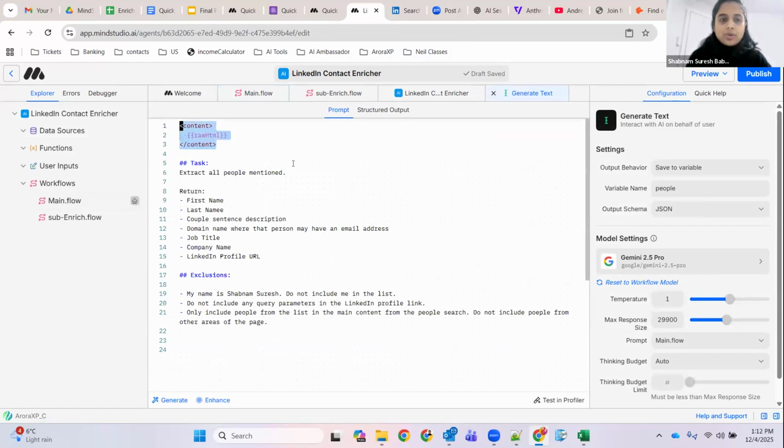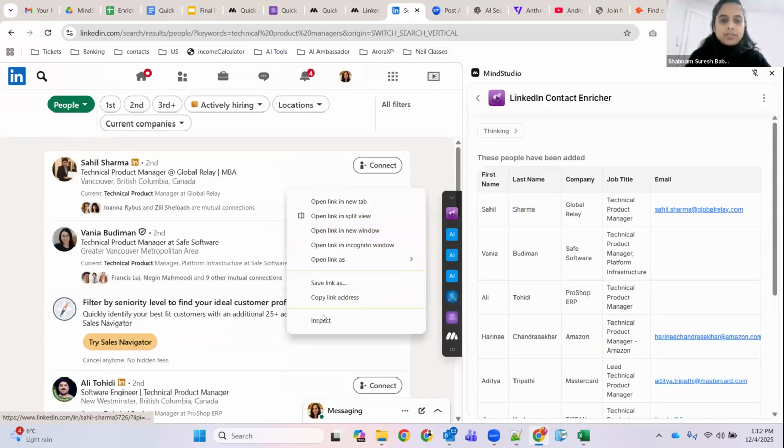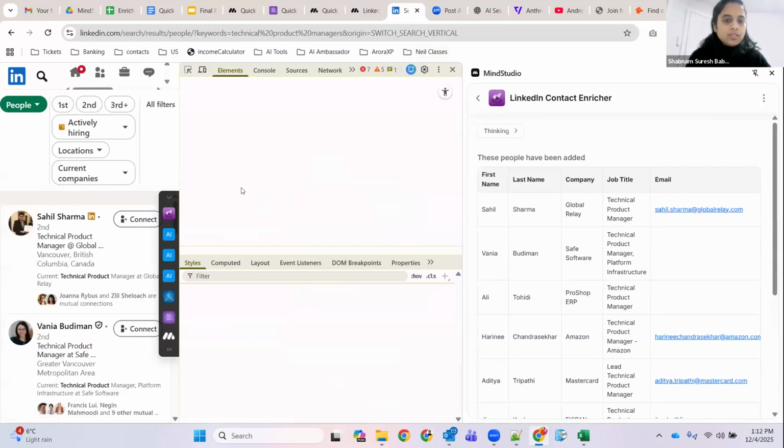If I do a full screen of that, this is a very simple example of a prompt. Some of you had asked a question, what is the difference between when I used content and /content? It is just telling the LLM that this is the start of the content and this is the end of the content. And what comes in between is going to be the raw HTML. If you see the raw HTML of this page, it is nothing but, let me show.